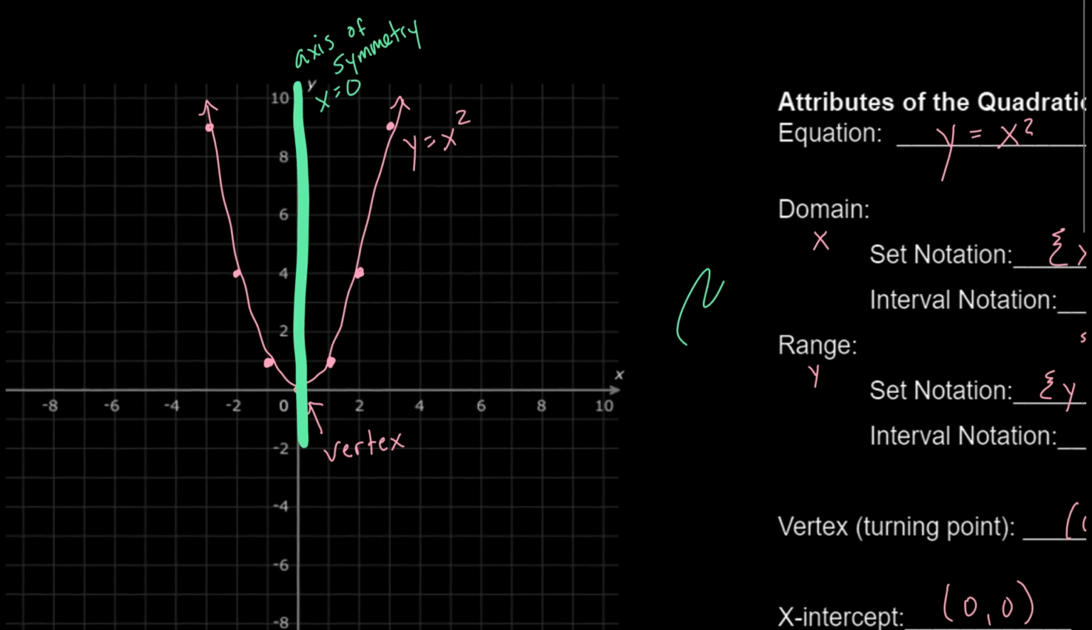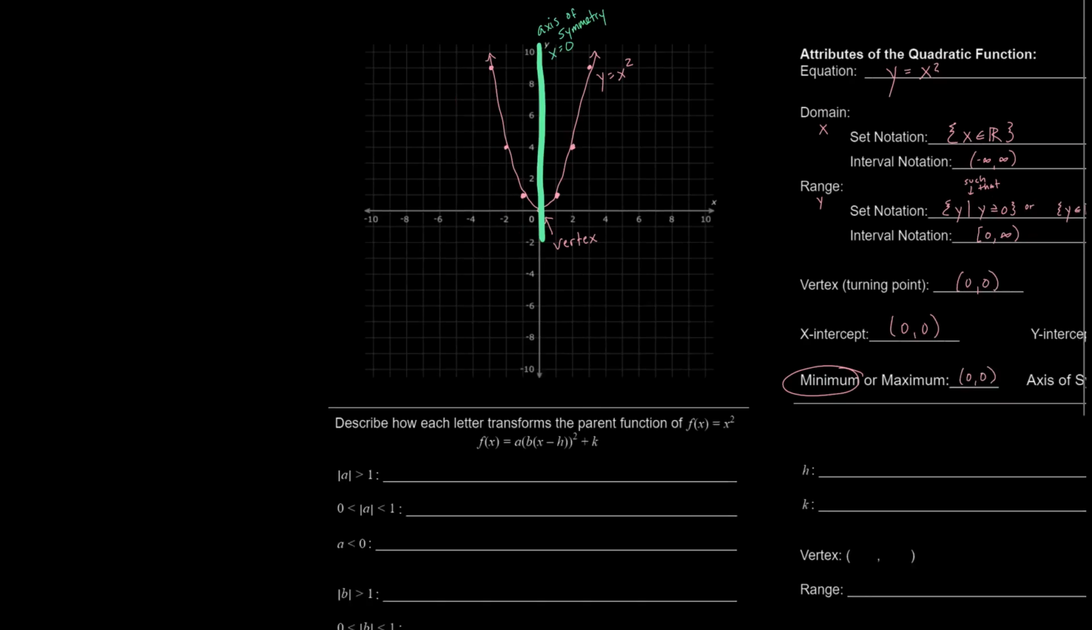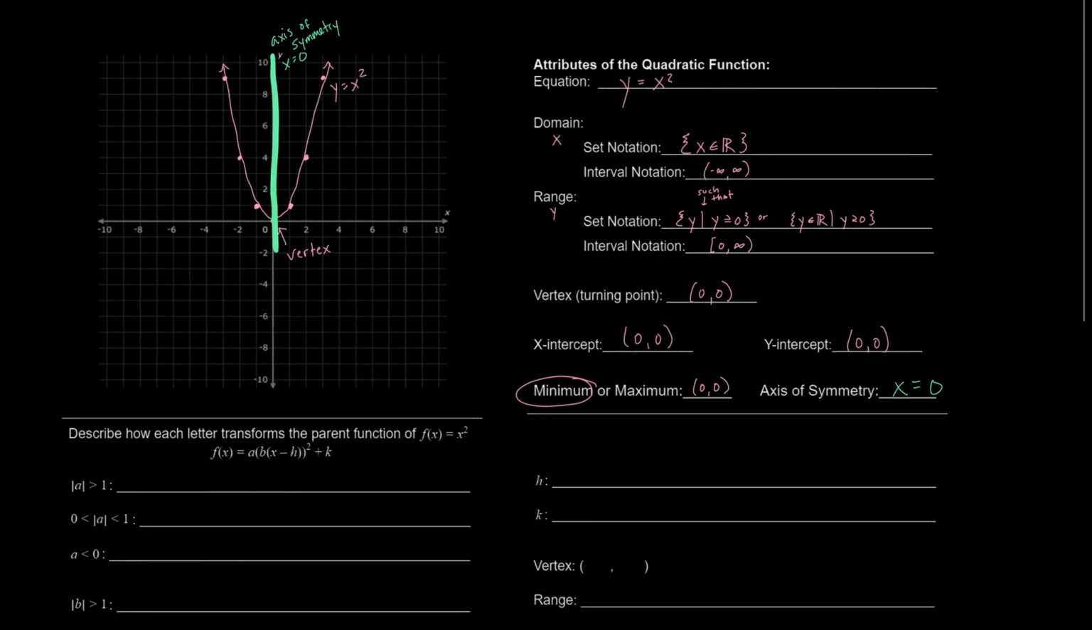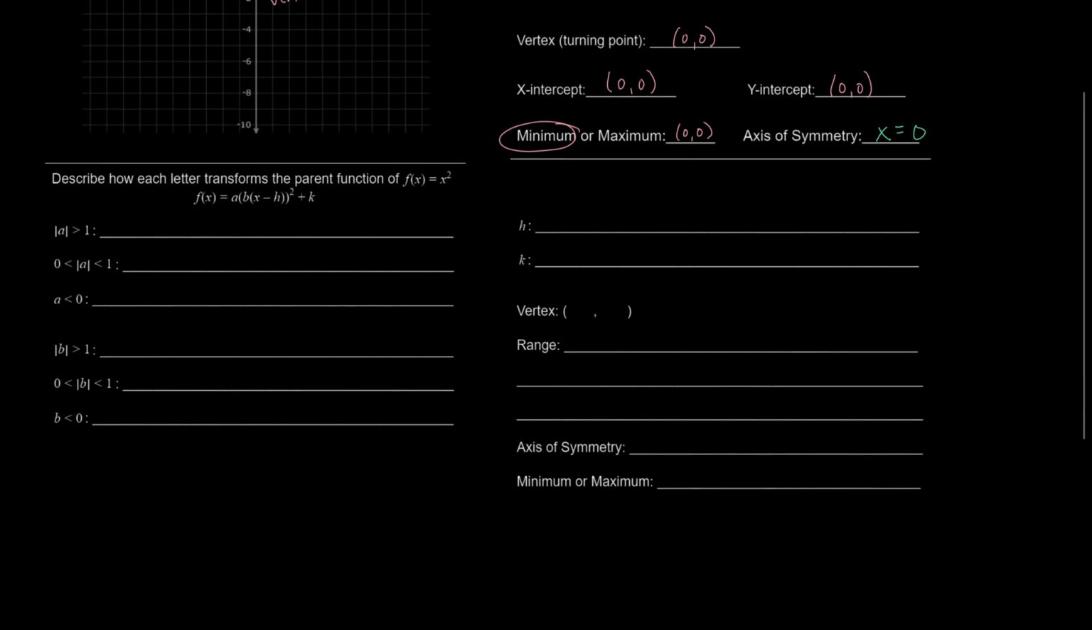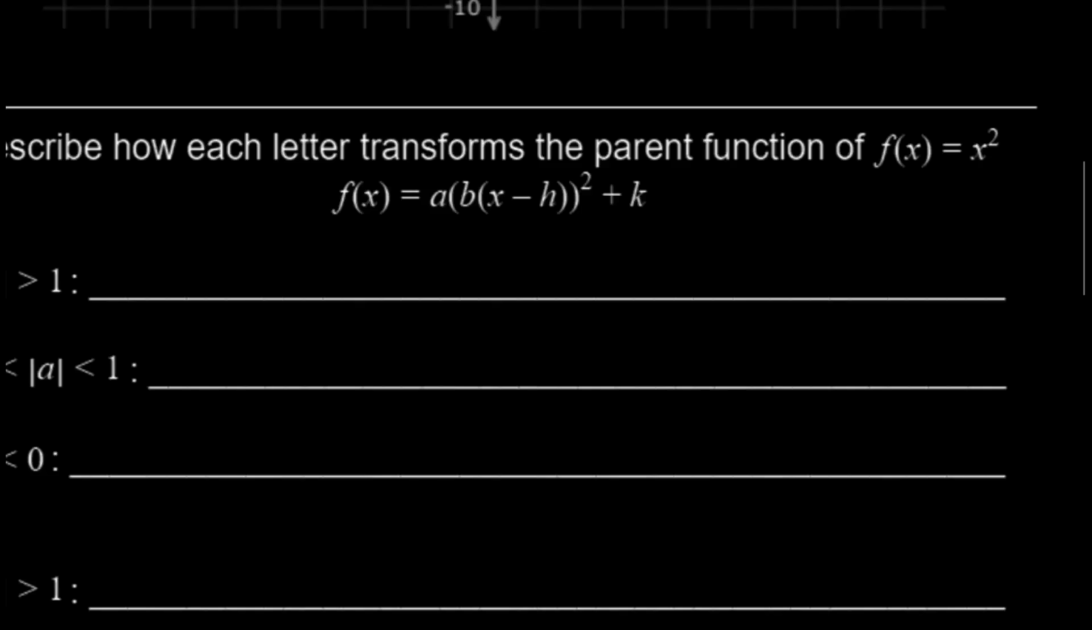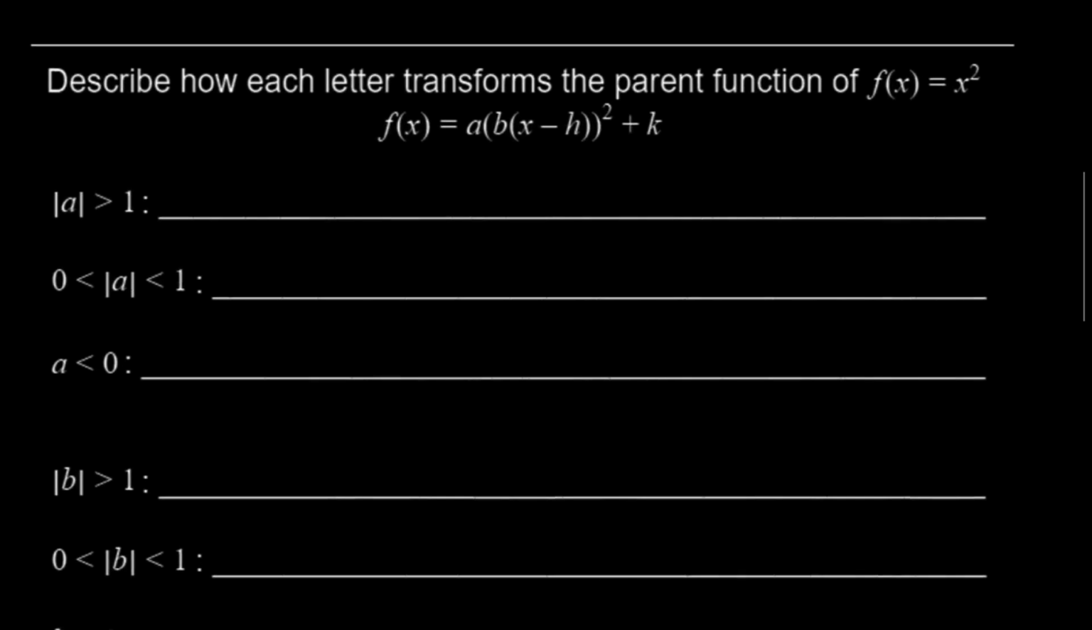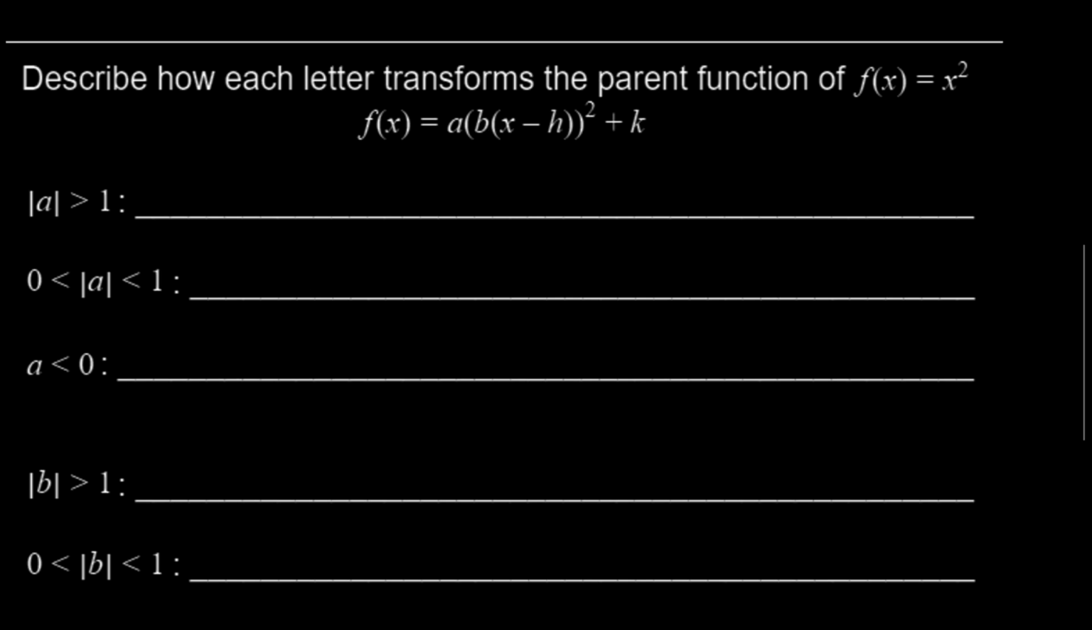Any questions about the parent function? All right. Now we are going to go over our transformations. So this parent function can be moved, it can be reflected, it can be stretched or compressed. All of these things can happen to this parent function to create a new equation, a new graph. Now, we know f of x is equal to x squared is our parent function. When we have values,